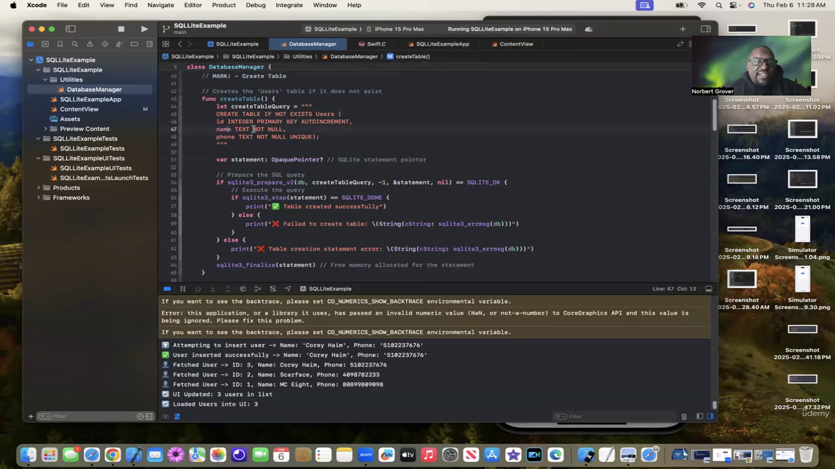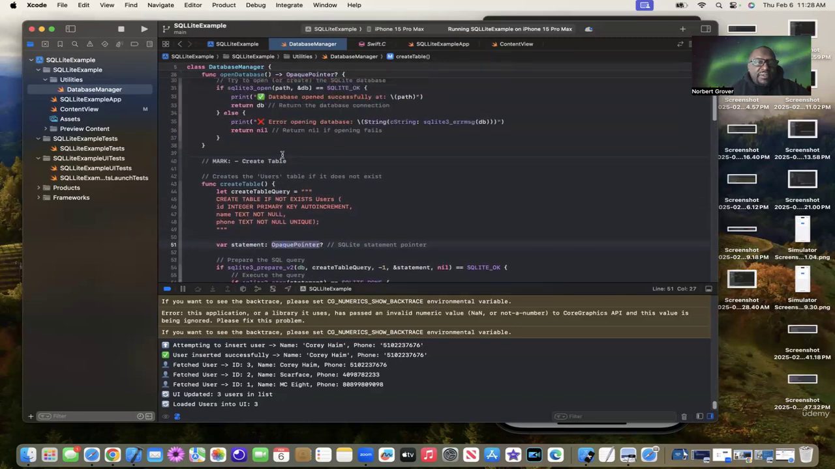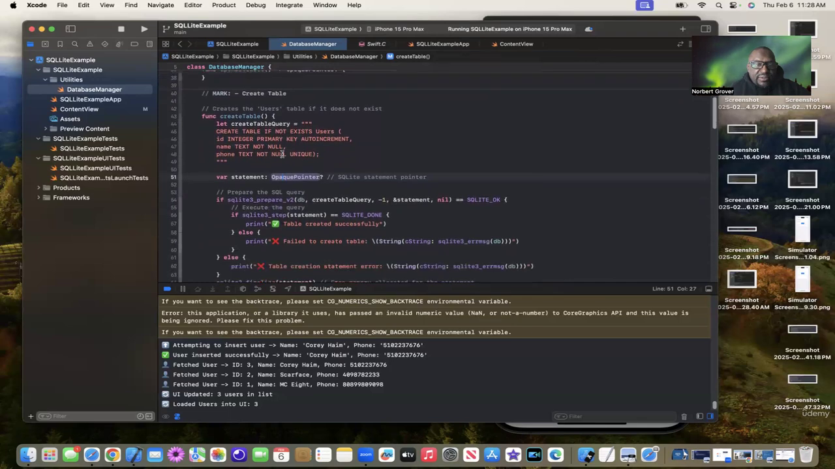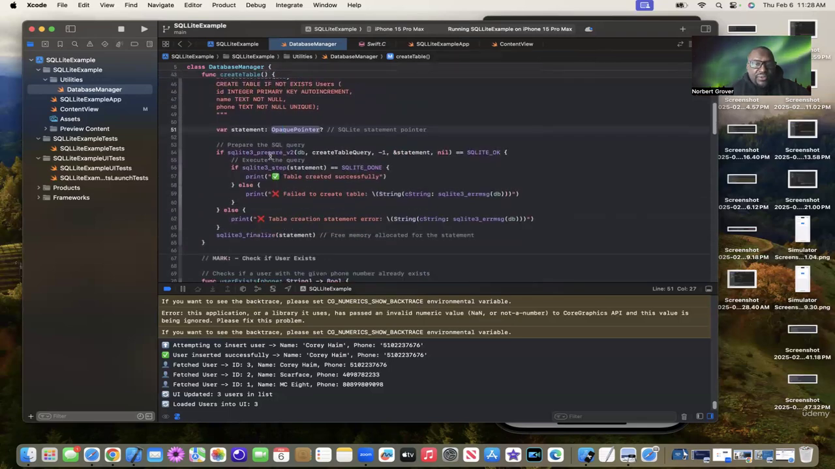Name, you enter that, can't be null. Phone, you enter that, can't be null. And it must also be unique in your database. That's what that's for. Okay. Our statement, opaque. Let me go back. All right. So now,